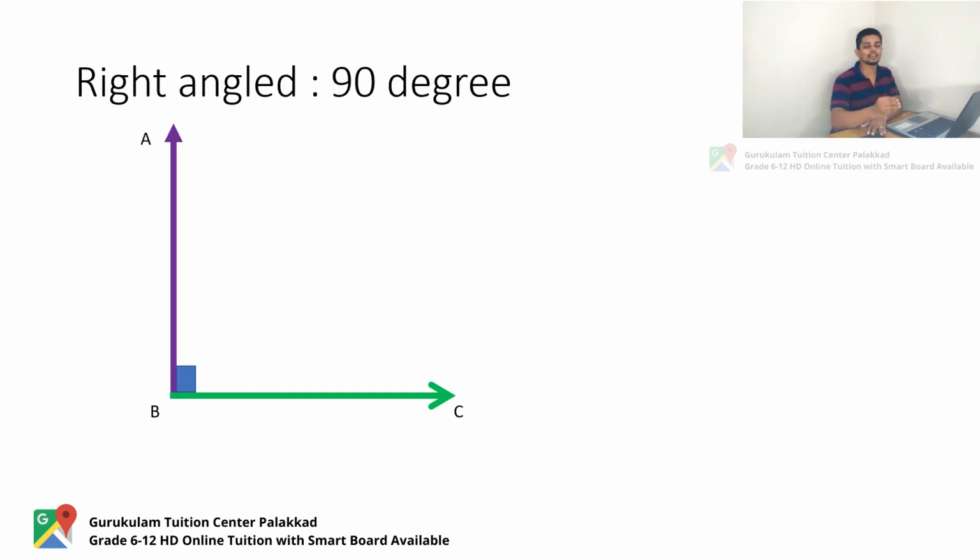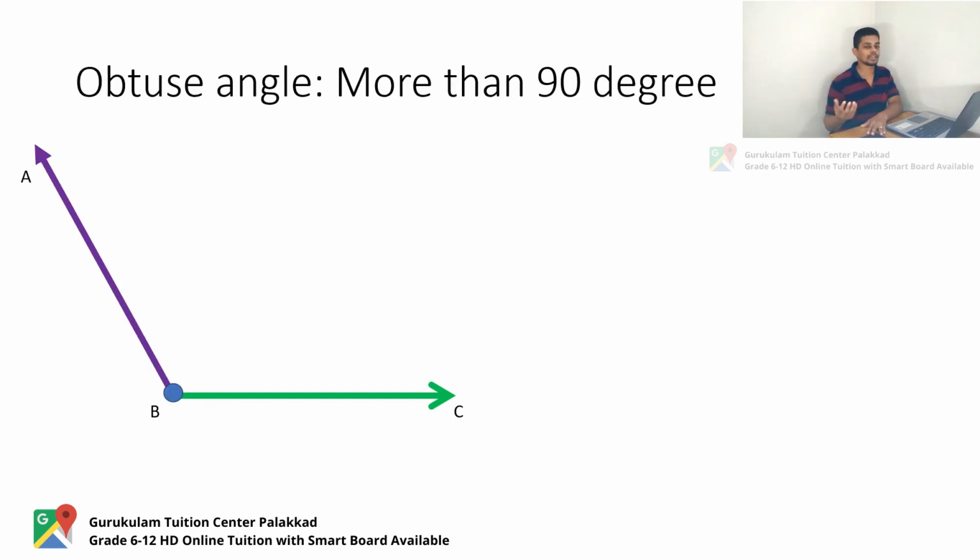And right angle means any angle which is 90 degrees. Just like we told earlier, a right angle will be represented like this. If you have an angle like this and you are seeing it like this, it means it is a 90 degree or right angle. And next thing is the obtuse angle. Obtuse angle means any angle which is greater than 90 degrees. So any angle more than 90, even if it is 91, is an obtuse angle.